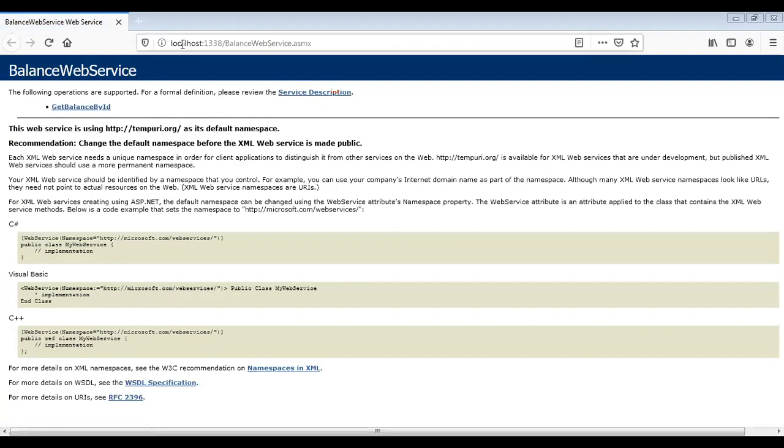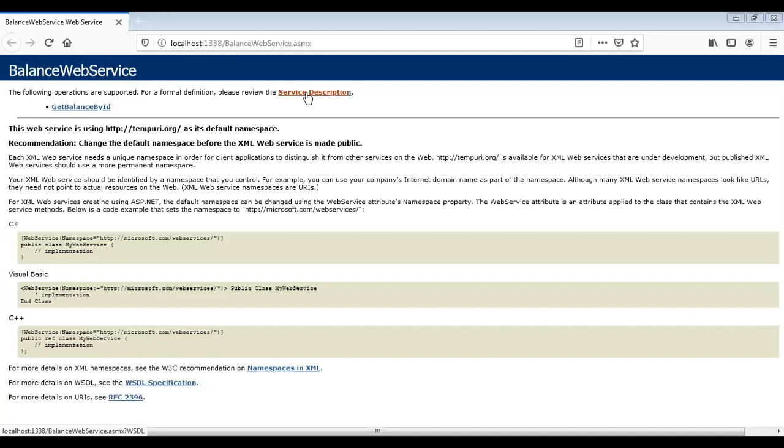Whenever the web service is ready, you register that web service description into UDDI. The first two components: develop the web service, and register the web service in UDDI, Universal Description, Discovery, Integration. So a registry is there.